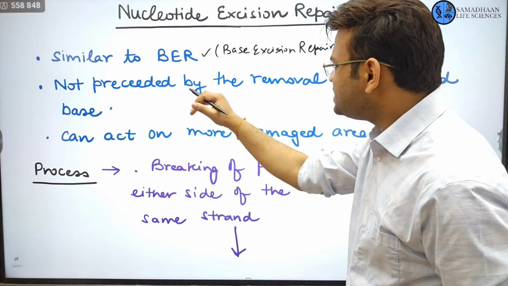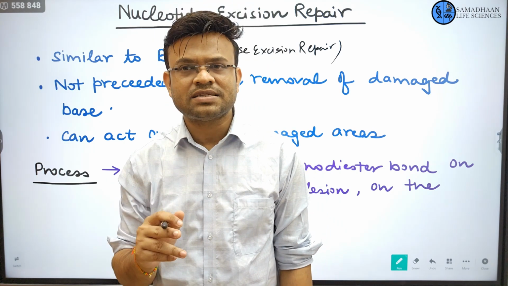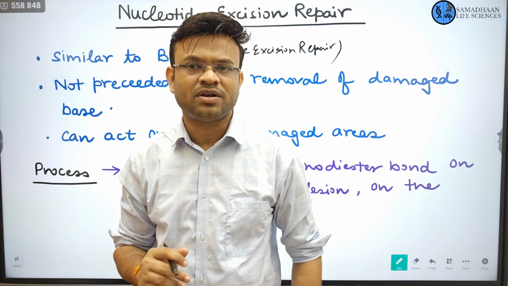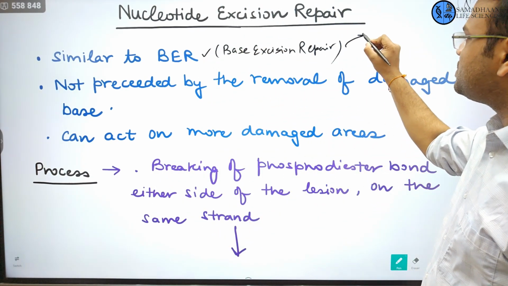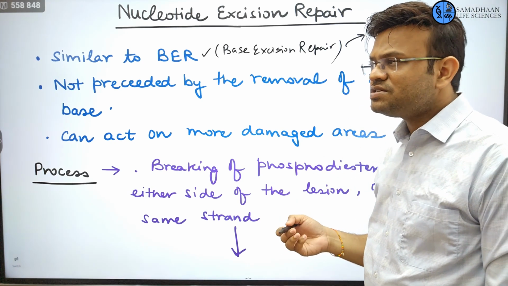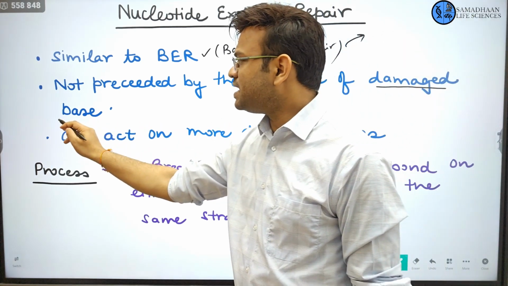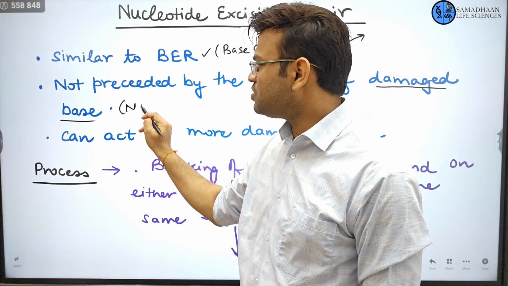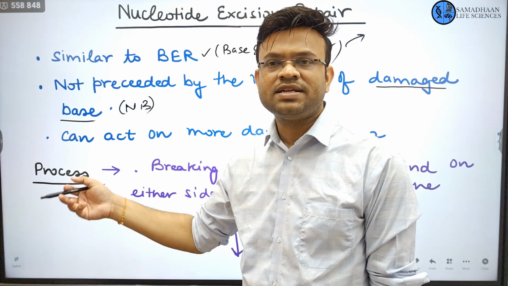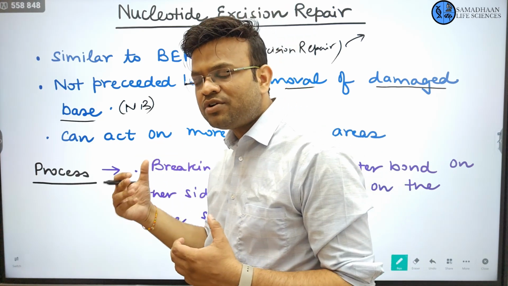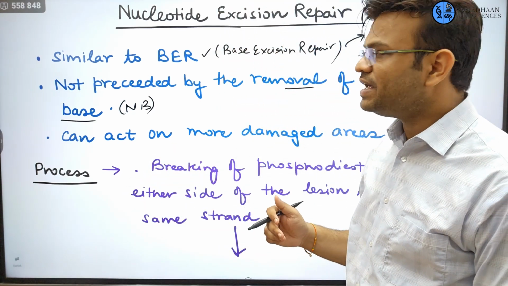Now, it is not preceded by the removal of the damaged base. So this is the major difference between base excision repair and nucleotide excision repair. What is the difference? In base excision repair, we removed the damaged base, that means the damaged nitrogenous base. We are talking about the damaged nitrogenous base over here. What are nitrogenous bases? A, T, G and C. So whichever nitrogenous base was damaged, that was removed